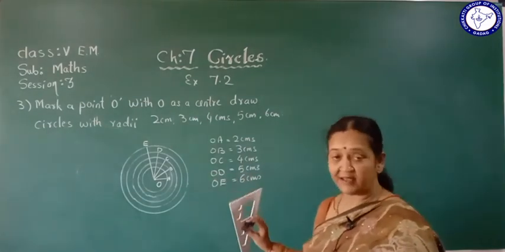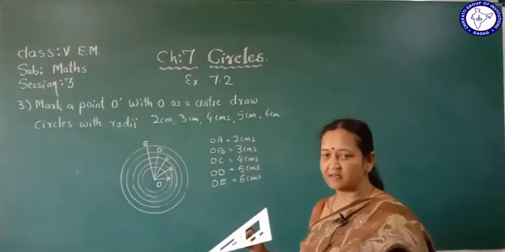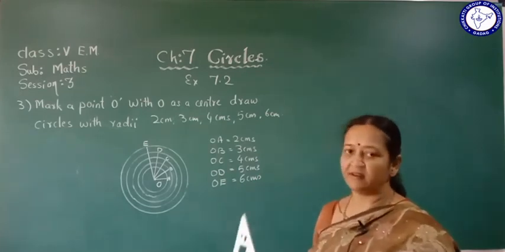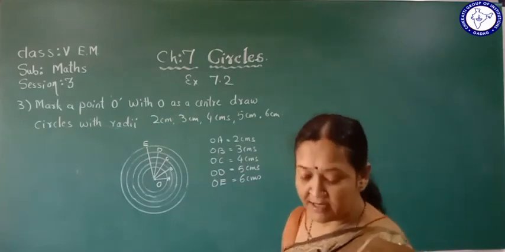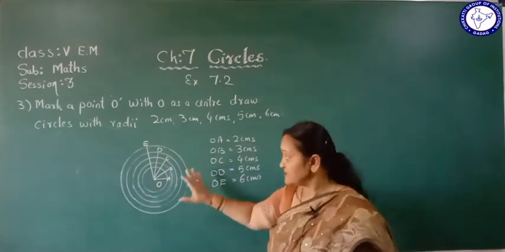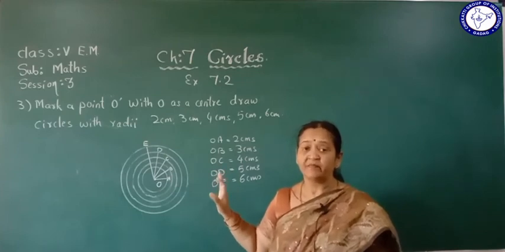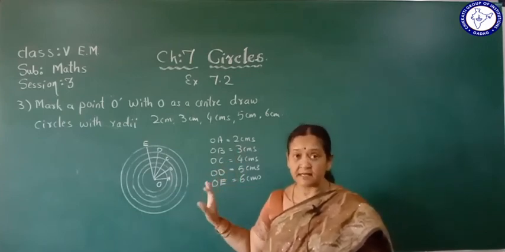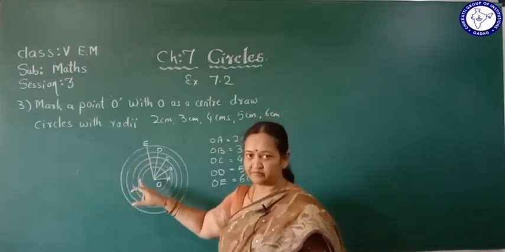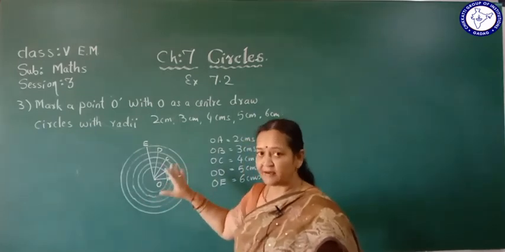Now here you can observe these circles are parallel to each other. They are not intersecting each other. They are called parallel circles, or the other name is concentric circles, that you will learn again in your higher classes. But here when we are drawing such circles, let me tell you the name of such specific circles. They are called parallel circles or concentric circles: circles having the same center and different radii.